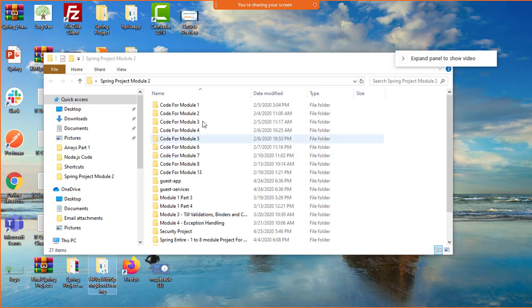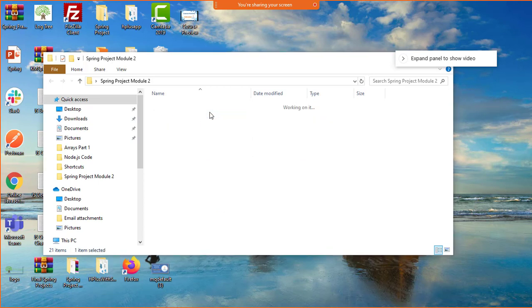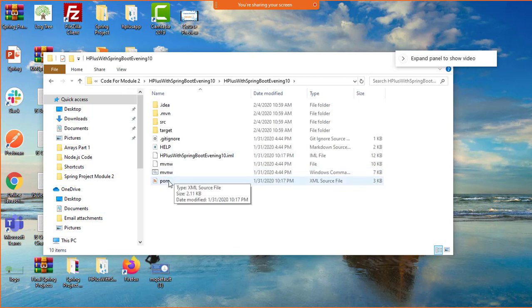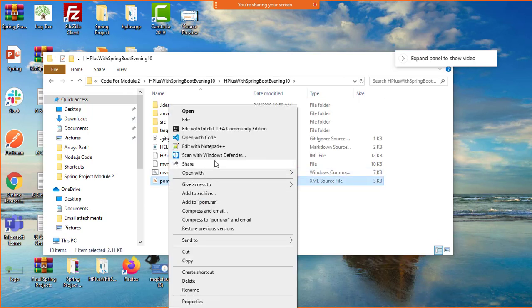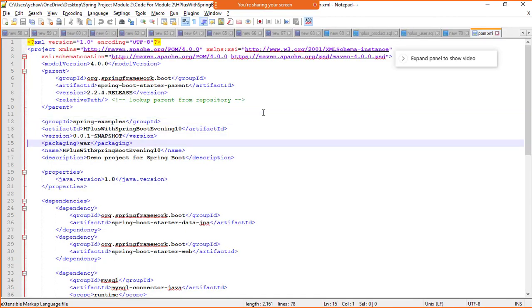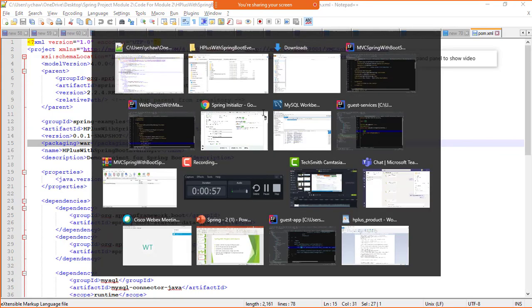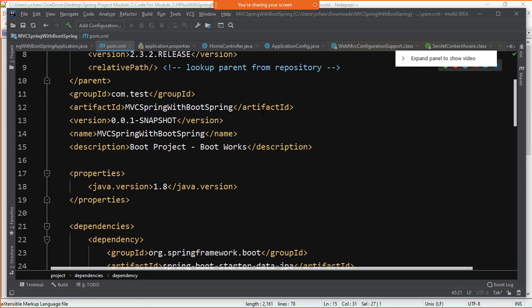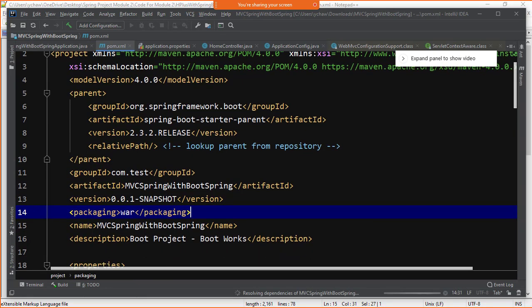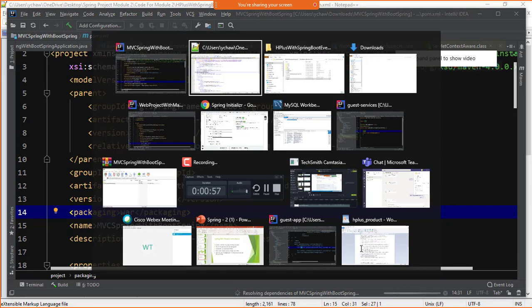This is a Boot project, so I can open pom.xml with Notepad++. Packaging war, that is it. Here I need to mention that it is going to create a war file. It is resolving the dependencies.